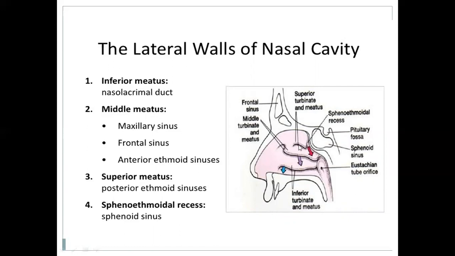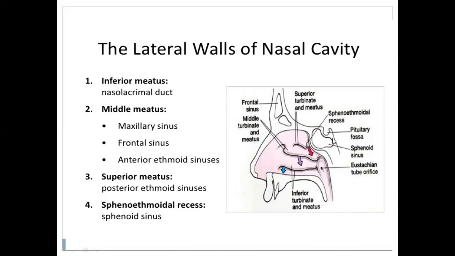And this is the superior concha. The opening below the superior concha is the superior meatus, and the superior meatus receives the opening of the posterior ethmoidal air cells. These are the ethmoidal air sinuses, divided into anterior, middle, and posterior. So the superior meatus receives the posterior ethmoidal air sinuses, and the middle and anterior are received by the middle meatus.